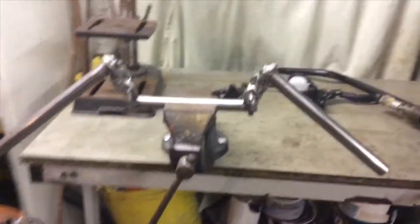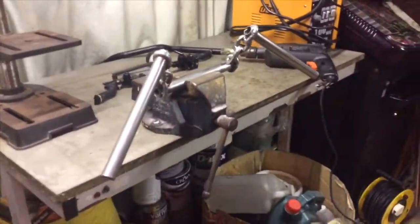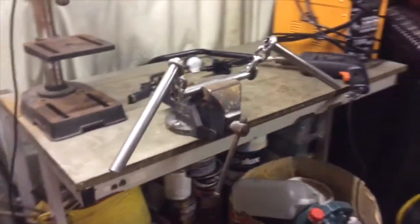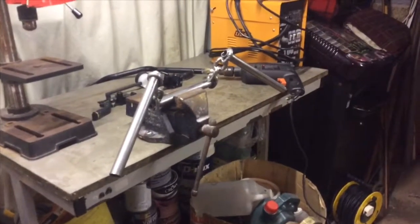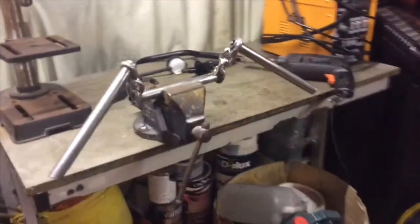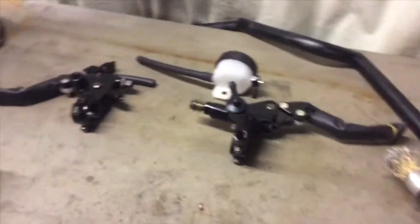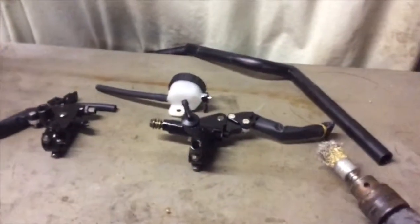The actual handles themselves are at such a rake that there's no way that master cylinder would sit on there and not be at such a terrible angle. You struggle to fill it, to be perfectly honest. Anyway, so it's wholly inappropriate. So these are my new levers and perches and my reservoir. So I'm just going to go and get the bars and all of this fitted,